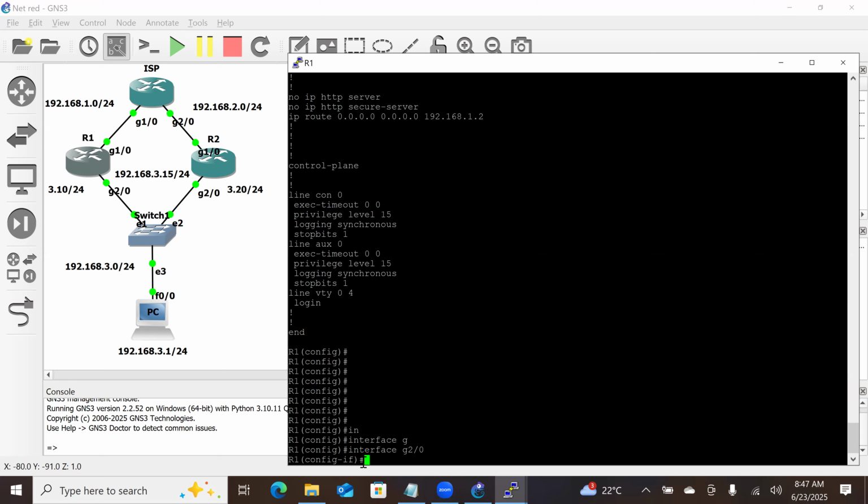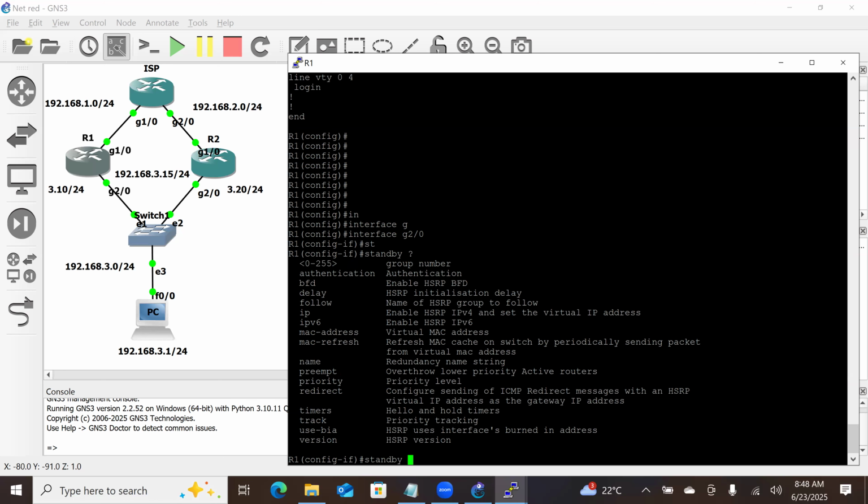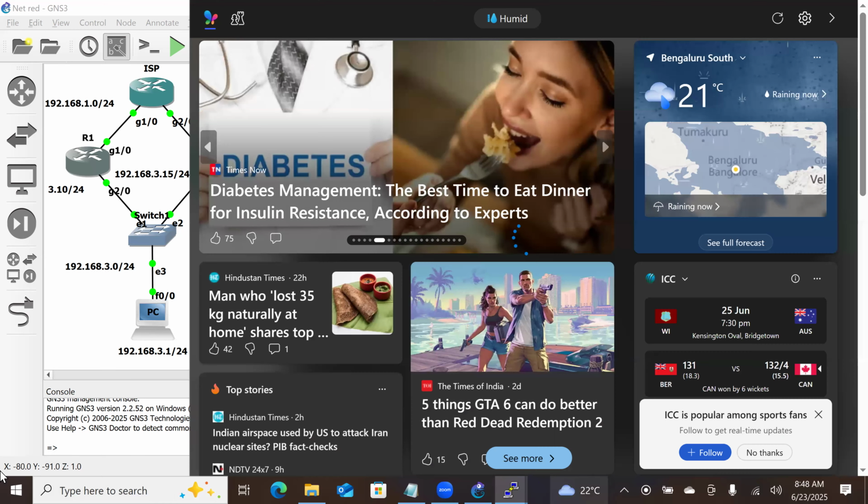It only differs in what? Instead of HSRP, you say standby. If I say question mark after standby, it is asking me for the first thing: the group number. So what is the number I can use? 0 to 255. I'm going to give it as